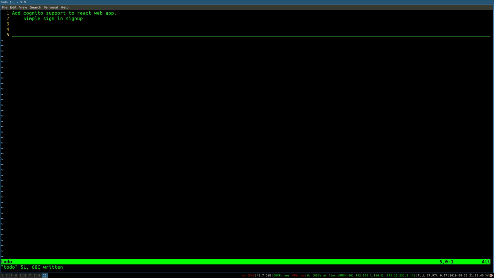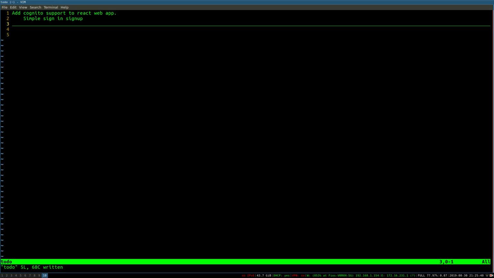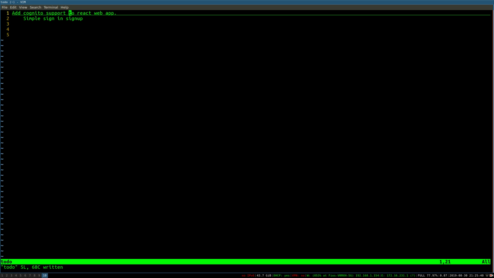One of the things I'm working on right now is adding Cognito support to a React web app. So Cognito is an identity provider. It's not really an identity provider. What it lets you do is set up a basic sign-in sign-up flow and give users temporary access to